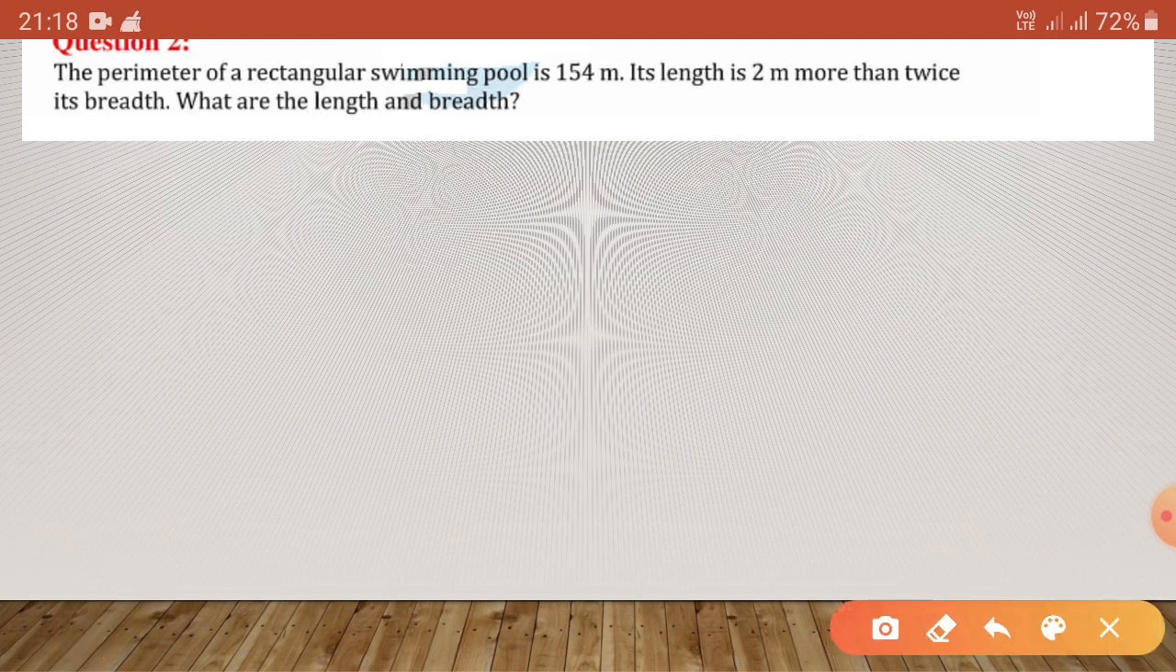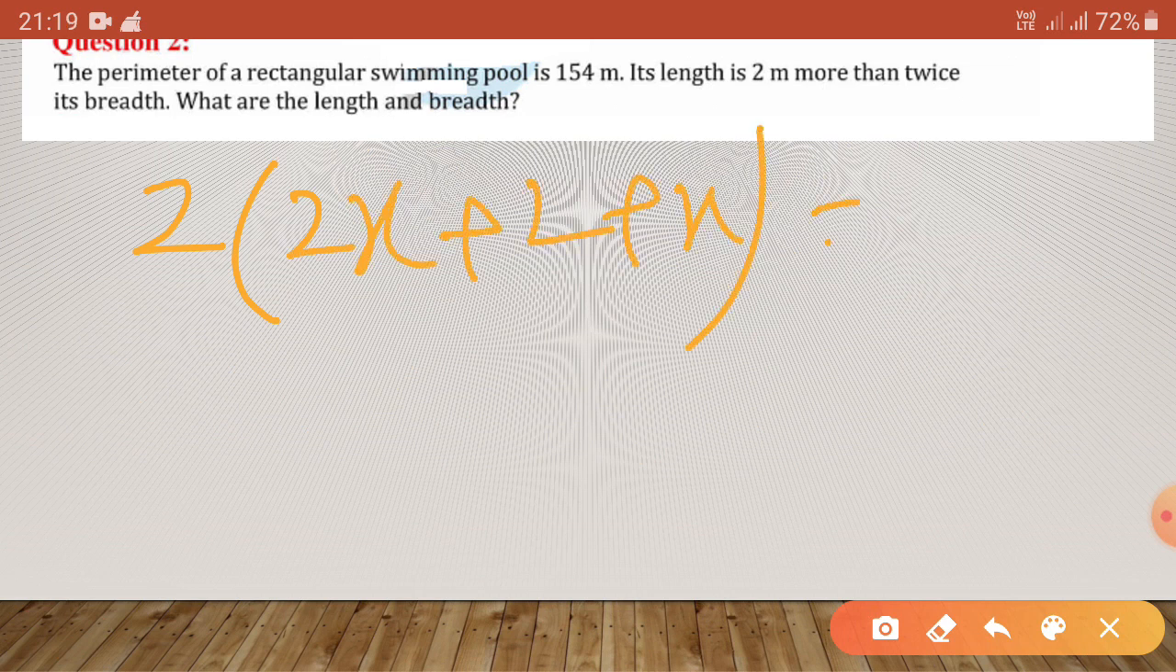So now we will be solving the problem or the expression. So we got the equation, that is 2, and inside the bracket 2x plus 2 plus x, and equal to 154. Got it? Okay, now